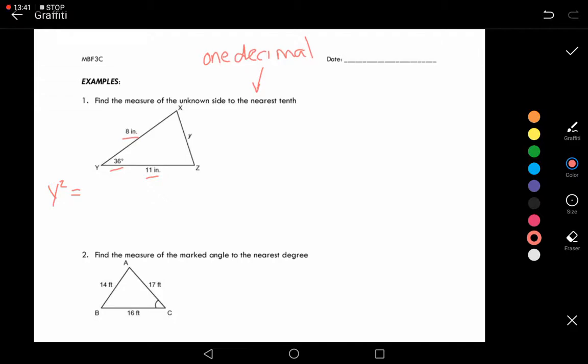The next one is you're adding those other two side lengths, so we're adding x squared plus z squared minus 2 times those two sides, all multiplied, remember, by the cos of the side we're trying to find. Okay, so that's the first step, right? We have to start by writing out our formula with the correct variables. Okay, the second step